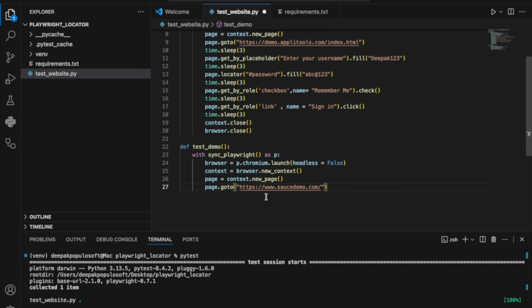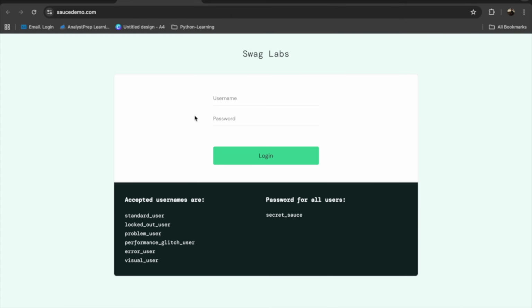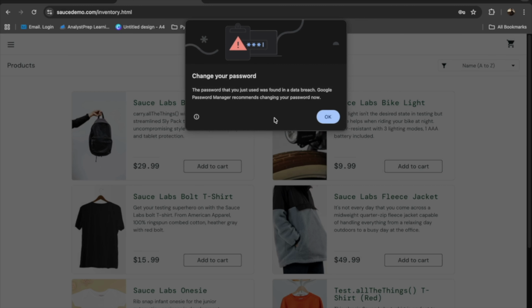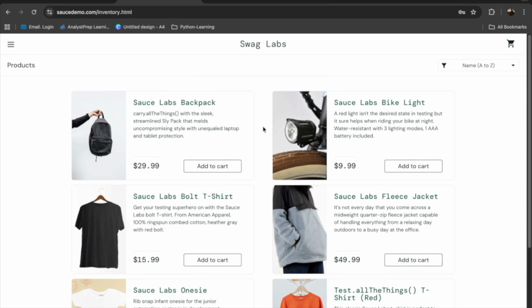And now I want to show you what I am going to do. So this is the website, and first we have to enter the username, standard user. After that you have to enter the password, and after that you have to click on this login, and after hitting on the login button you will see this pop-up. So we will handle this pop-up, and after handling this pop-up we are going to select one of